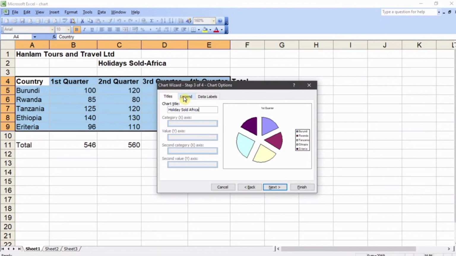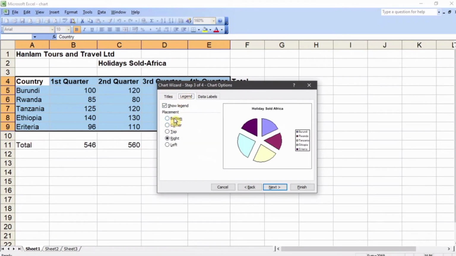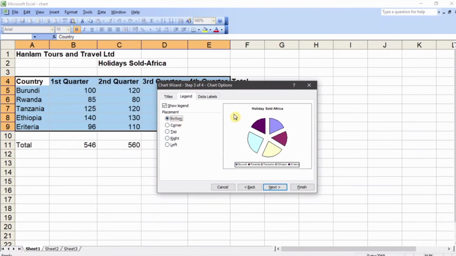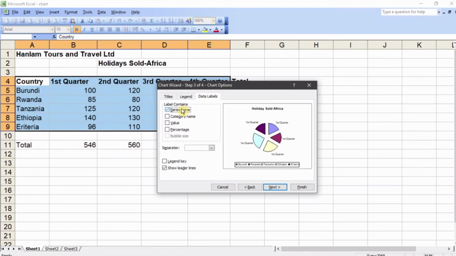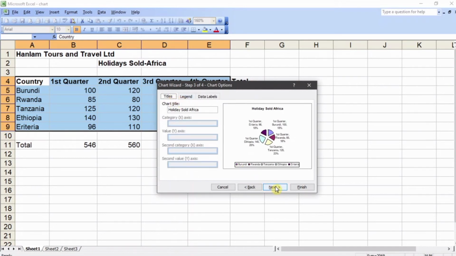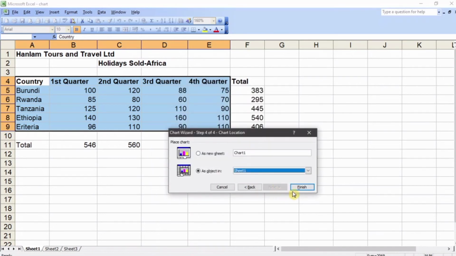And then come to the legend, and say you want it to come to the bottom, okay? And then data labels, show the series name, okay, category name, value, and the percentage, okay? And then you can come back to title and say next,